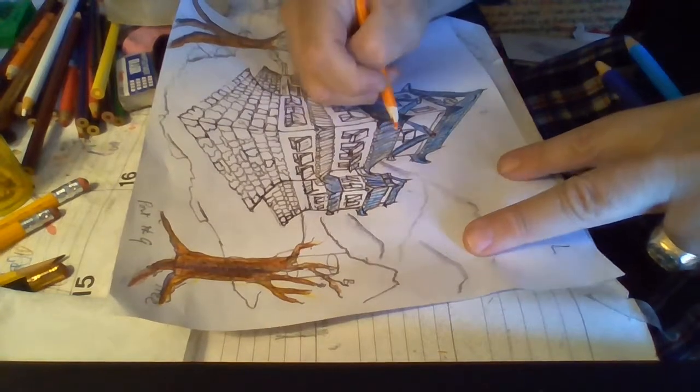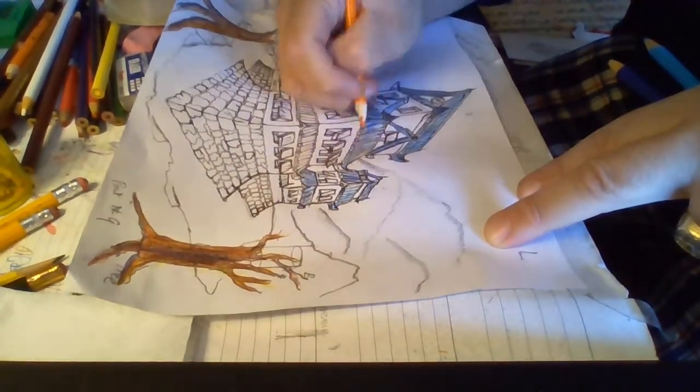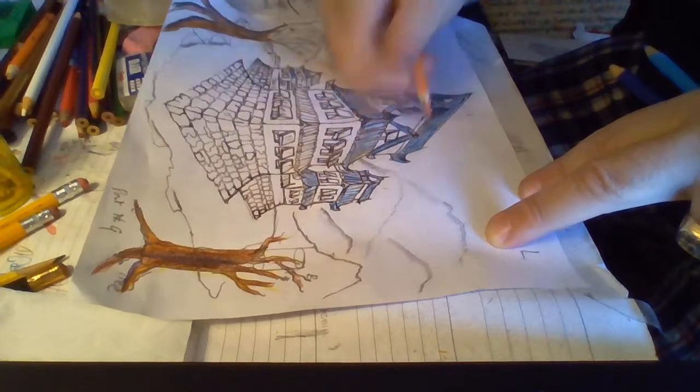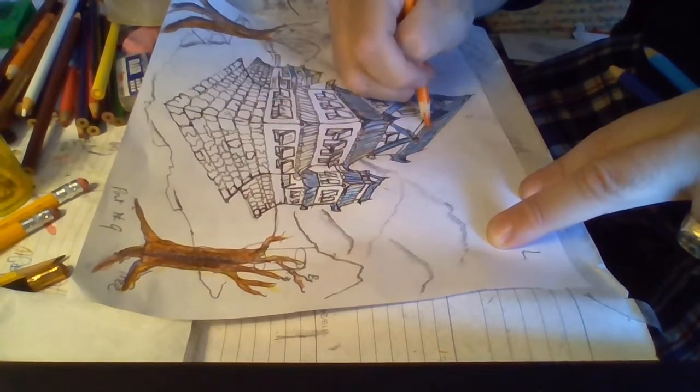And just very gentle because I notice it's kind of flattish. There we go. Just a little bit of orange. A little bit of orange there. A little bit of orange here. Especially up here. Very little here. Just a few. Follow the lines of the...